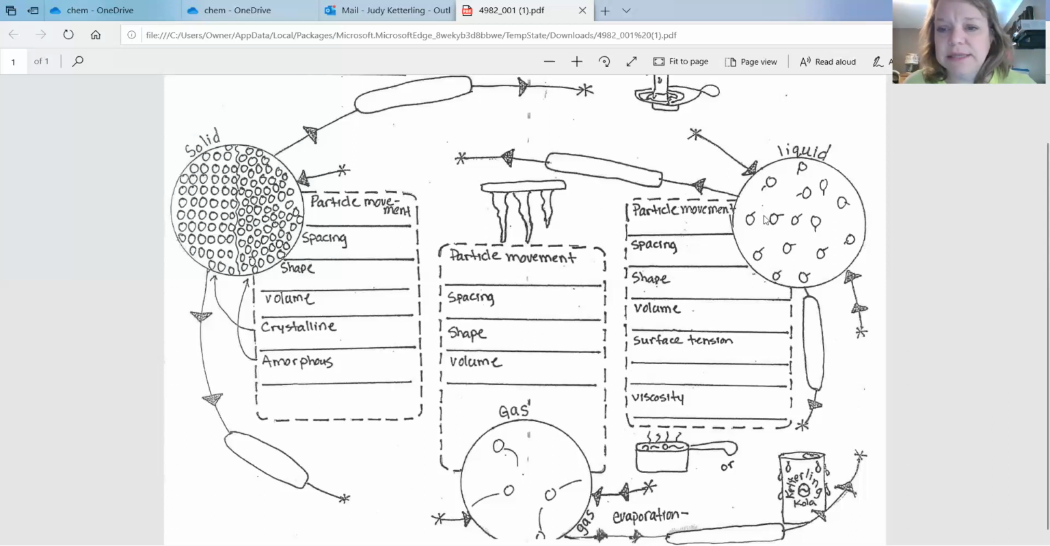Here, same thing. Liquid, attached to the liquid circle is this little box. And then I have particle movement, spacing. What do we know about shape? What do we know about volume? What do you know about surface tension and viscosity? This is just give me the definitions. And then finally, this is the only assignment I'm going to have you do this week,